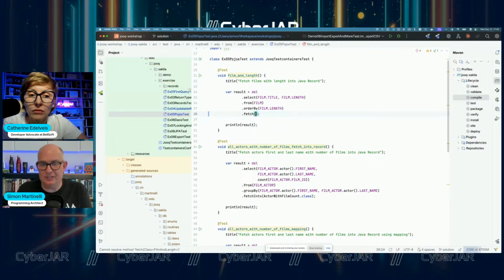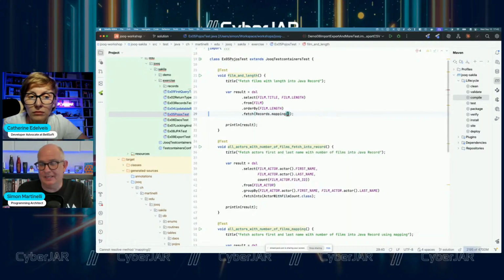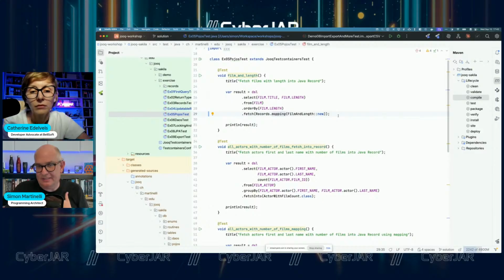But with fetch, you can use a mapping. So here we have a mapping and say, okay, create a film. And with this map method, I can pass, in that case, a static reference to my constructor.